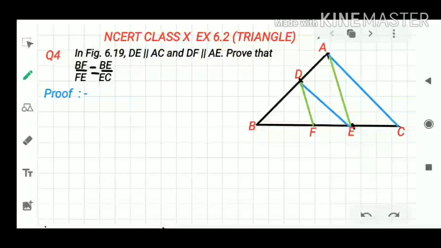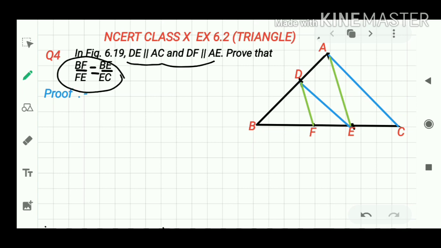In this question, it is given that in triangle ABC, DE parallel AC and DF parallel AE. So we have to prove that BF by FE equals BE by EC. In this figure, you can see that BF by FE is equal to BE by EC. It is to be proved. So for the proof, we write in triangle ABE,